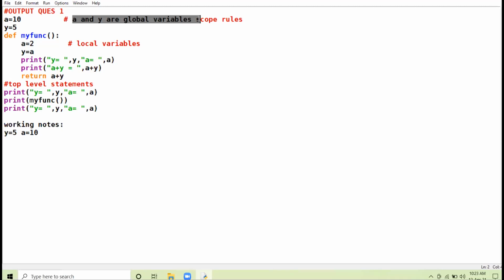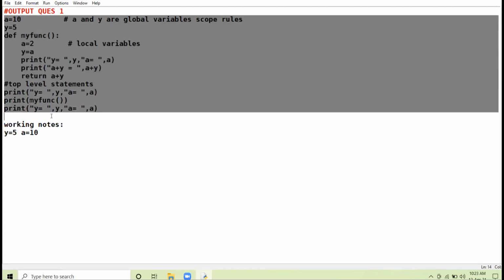And the scope of the global variables is the entire program. In the complete program, you can use global variables anywhere. Inside any function, you can use them. Their scope is the entire program.